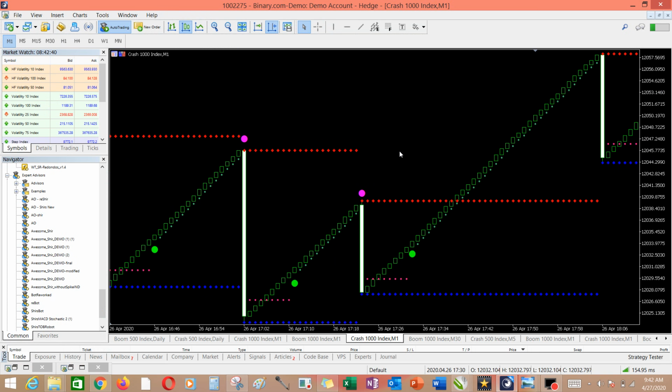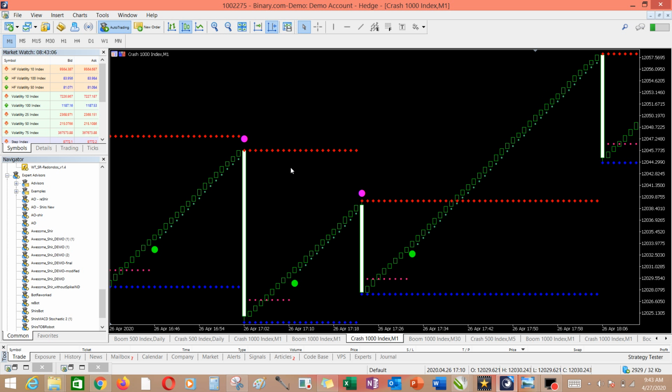And even if you are still confused a bit, you can easily get the support and resistance indicator. This is a combination of indicators, a custom made indicator. It tells you the support and resistance, tells you your entry points, and it's not a spike detector, so it's not going to tell you your exit point.